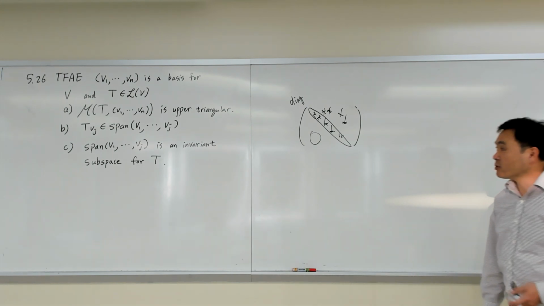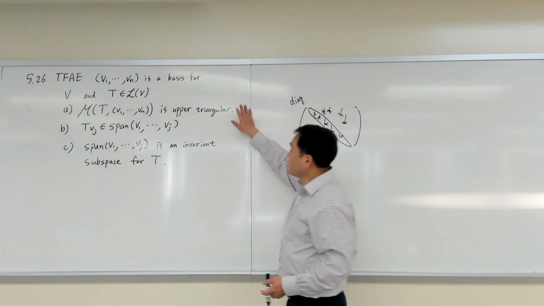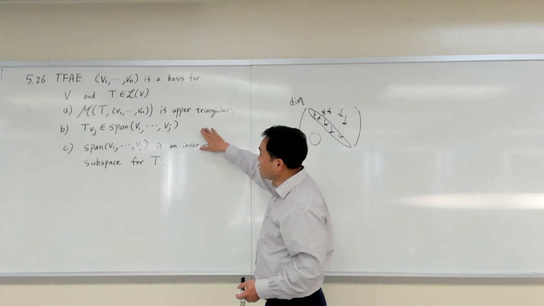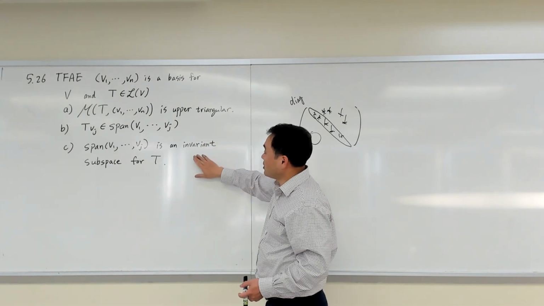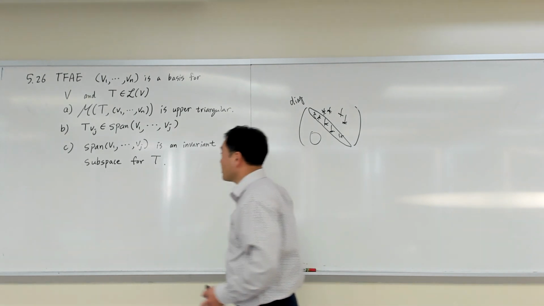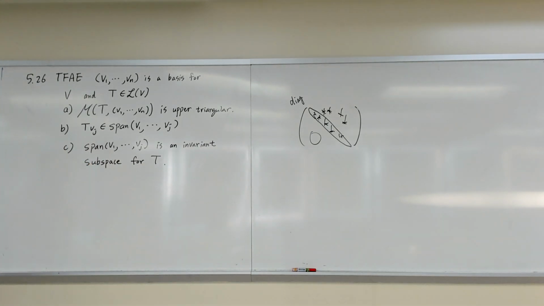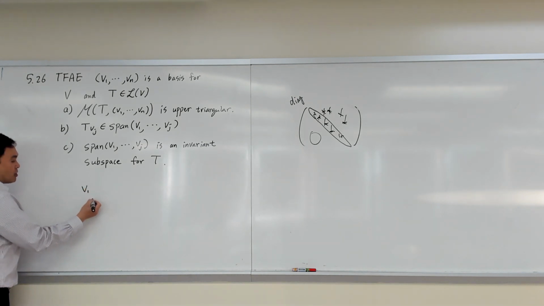So that is equivalent to saying this, which is equivalent to saying this, and that's the same as that. All right. So it's just a matter of understanding what this matrix representation means. Maybe we should work with something really simple. Let's say you have just 3 vectors, v1, v2, v3,